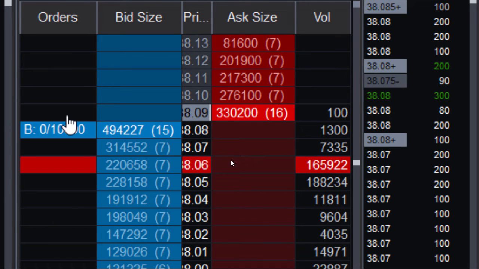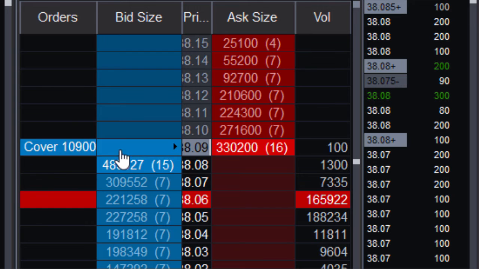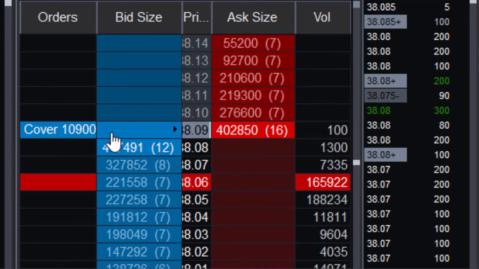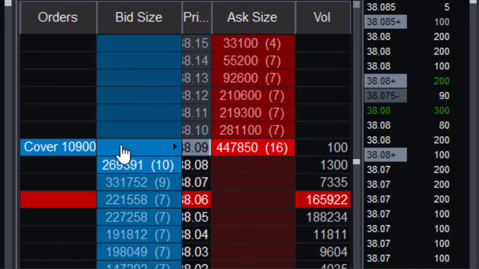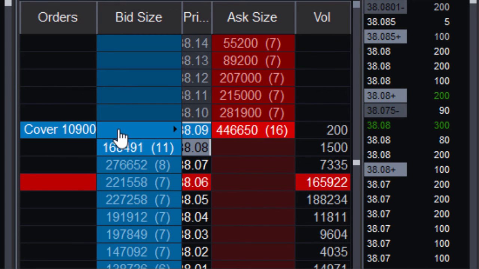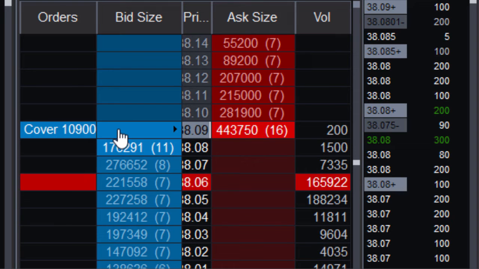Clearly, when this happened and they get through me, and as soon as I got short, I knew I was on the wrong side. Sometimes I do have to give it a minute. Frankly, should have been hitting out at 8 right there and saved myself a penny. Same thing's going to happen at 9. The offer is going to drop away. I know I'm on the wrong side. I know that I've been suckered into selling at a bad price. I'm sitting for just a second, hoping they might let me back out at 8 again.